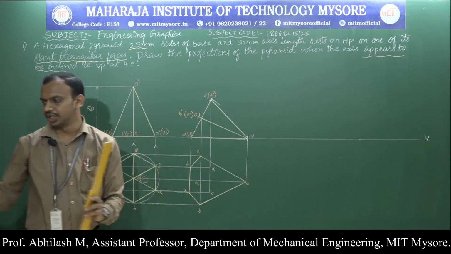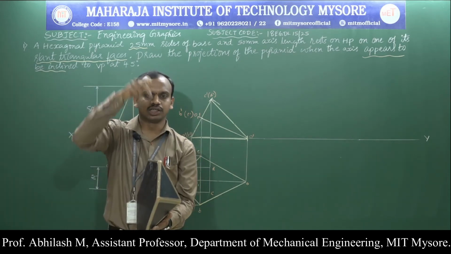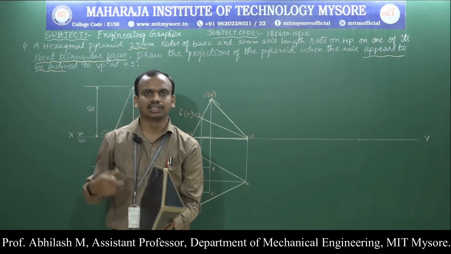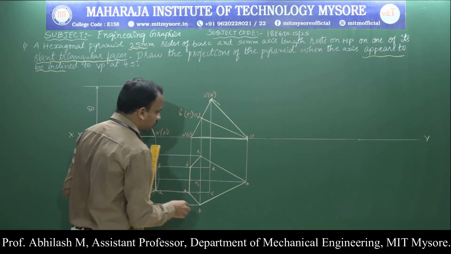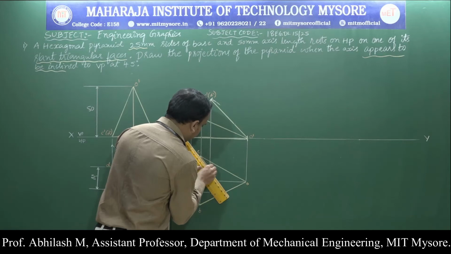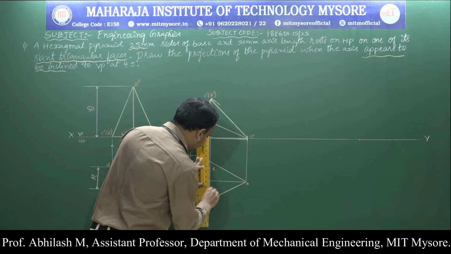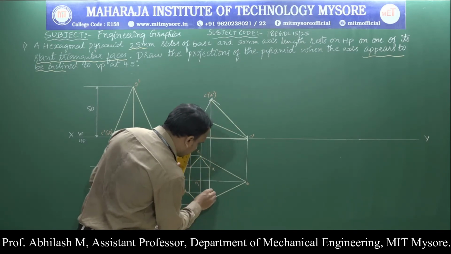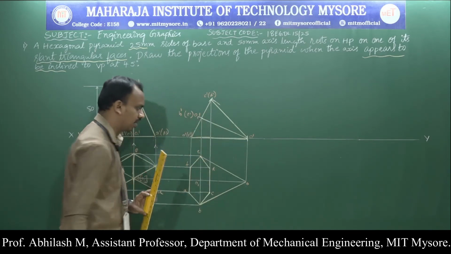Now the second condition: if I rest it on the XY line, one of the slant triangular faces, I can clearly see all the base, or I can completely see the sides. So all the base sides are to be drawn with the help of a thick line. I can connect from E to D as well, and D to C is completely visible, and from C to B it is completely visible. All the base sides are completely visible.